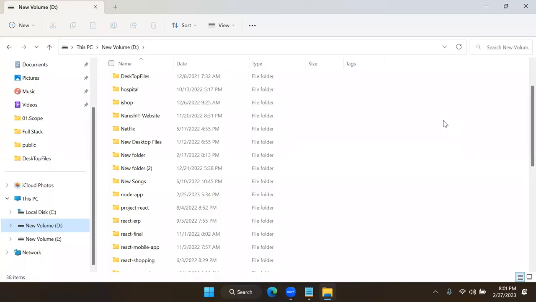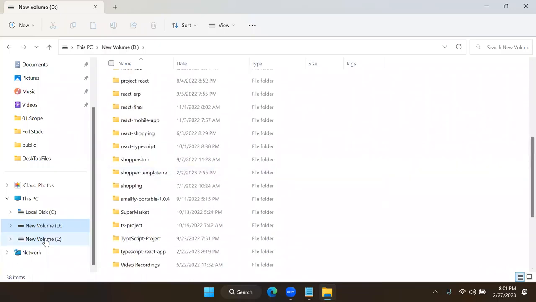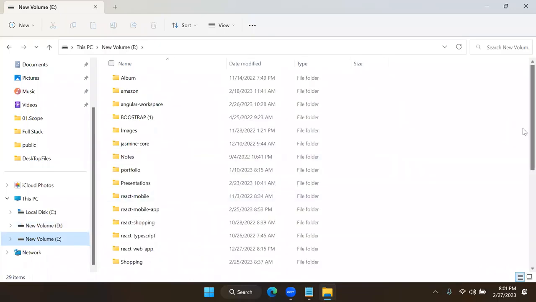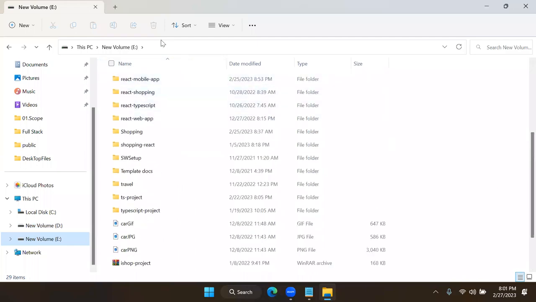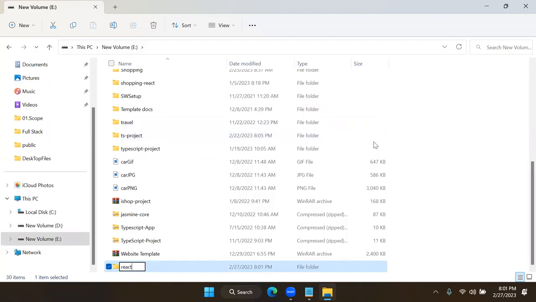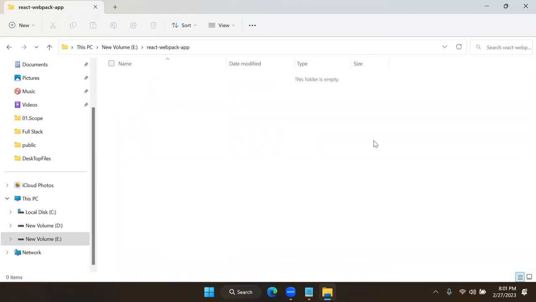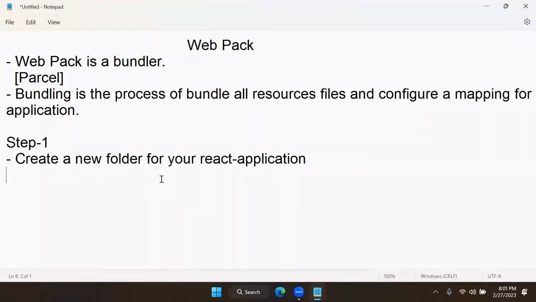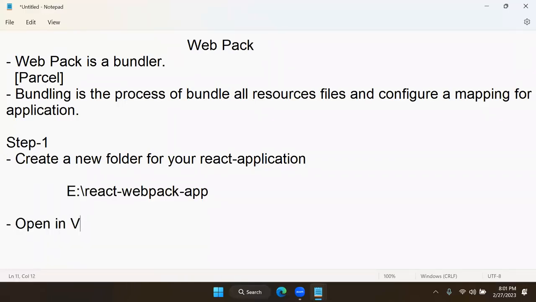Suppose I'm creating some application here. I will create a new folder and call it React Webpack app. I'm just giving that folder this name. Let's open that folder in Visual Studio Code. This is the folder for the React application. Open it in VS Code, and you have to run the following command